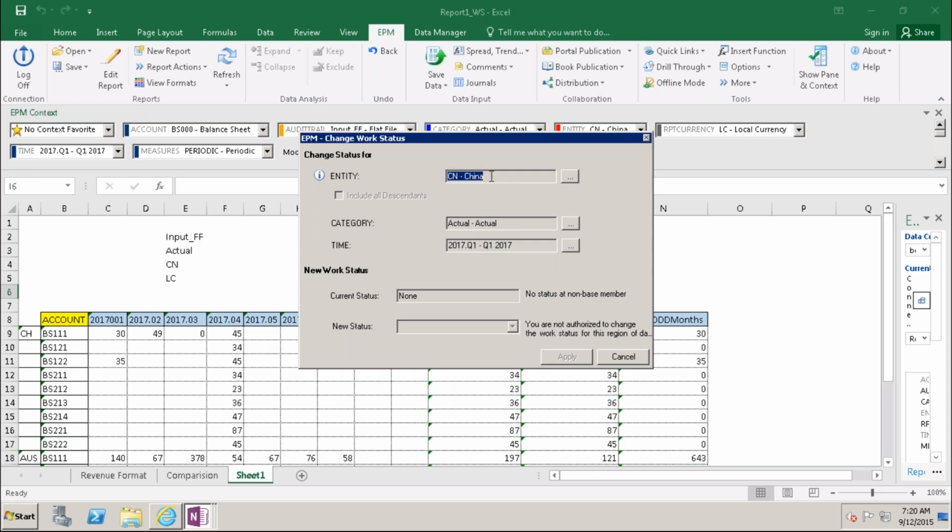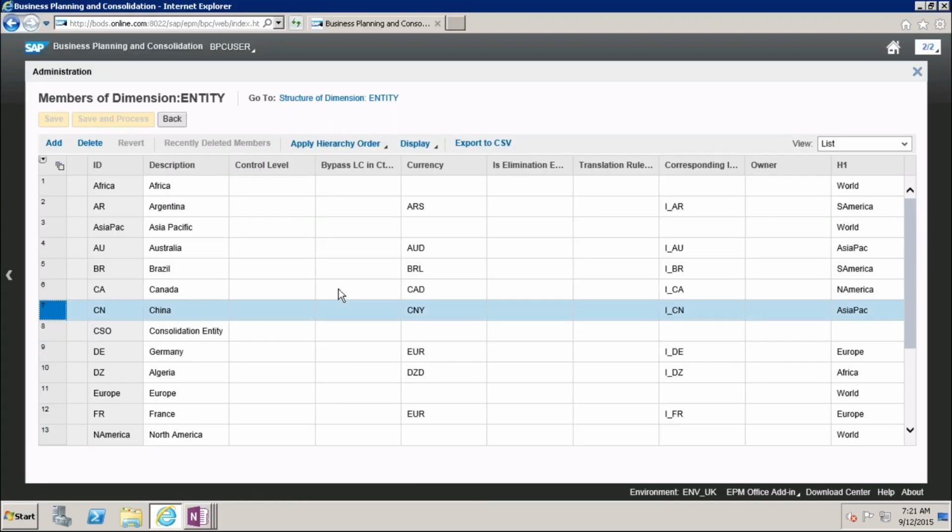China is the base level member. That means we have only one user, so just to give a more detailed explanation: China is the base level member, which means we are taking a owner. BPC user we are taking as the owner of China.